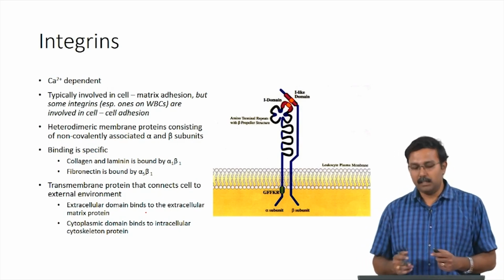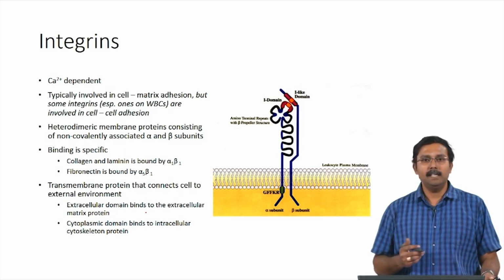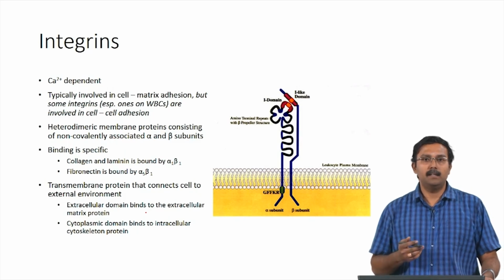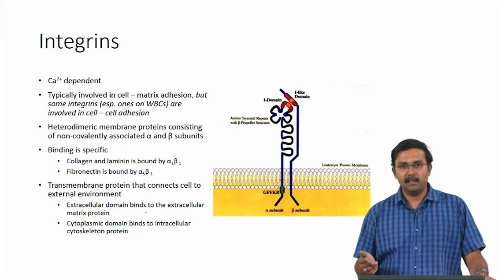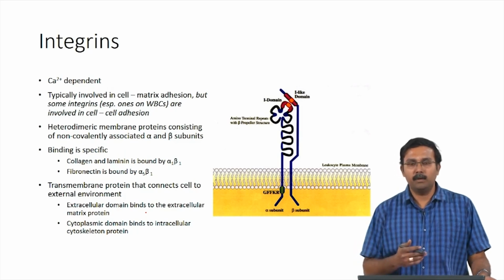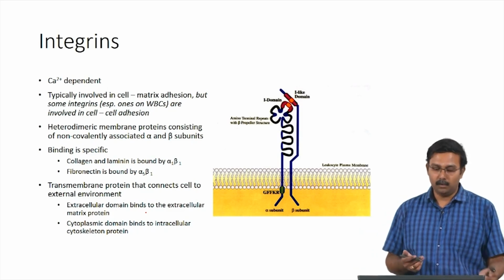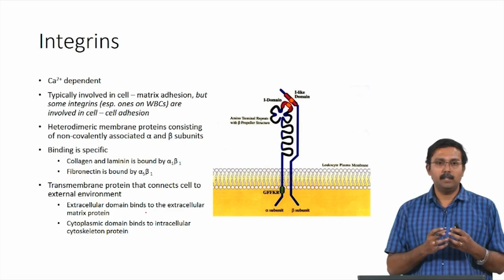So, this is the structure of the integrin, and the binding is actually very specific. It binds to collagen and laminin through the alpha 1 beta 1 integrin, whereas to fibronectin through alpha 5 beta 1 integrin. Okay. So, depending on the 2 subunits, you can actually have different